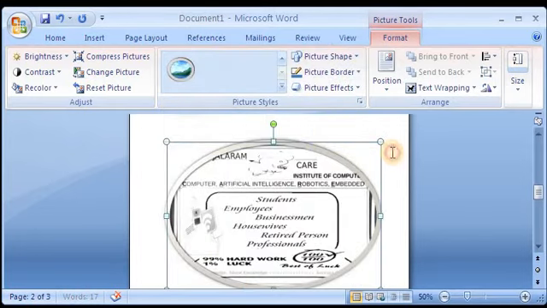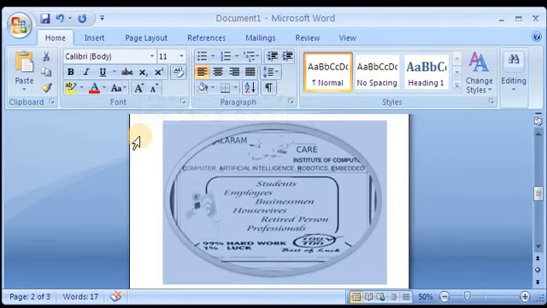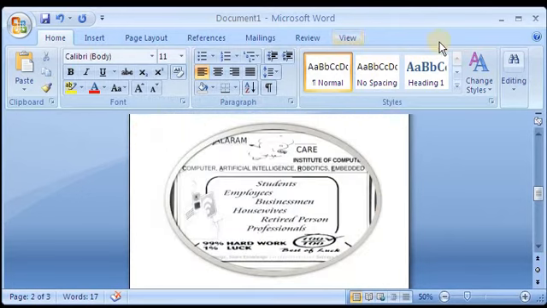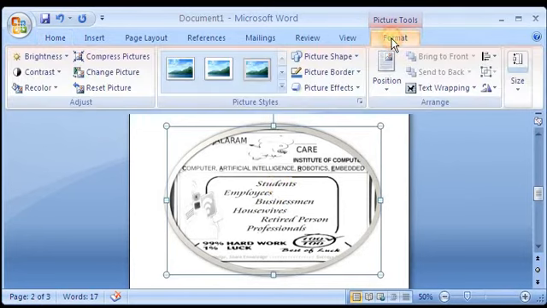Remember again, I am telling you, if you keep your cursor outside then you will not get the option of the format tab. But if you click on the photo you want to change, just select that photo, and you will get the format option.